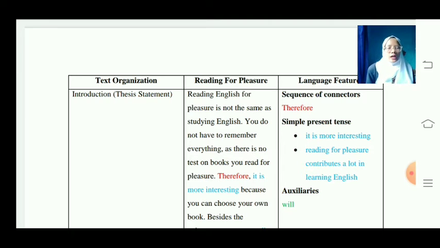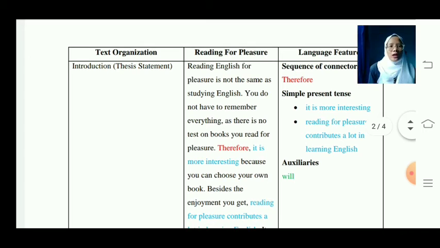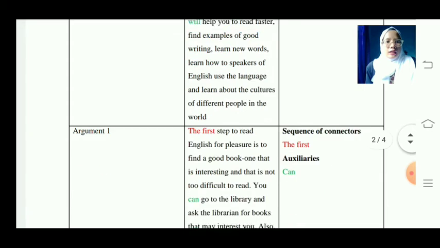So here, in the color blue, this is a sentence that uses simple present tense. It is more interesting, or reading for pleasure contributes a lot in learning English. Then it uses the auxiliary will. Modal auxiliaries such as will, shall, could, would, and etc. And this is argument 1,